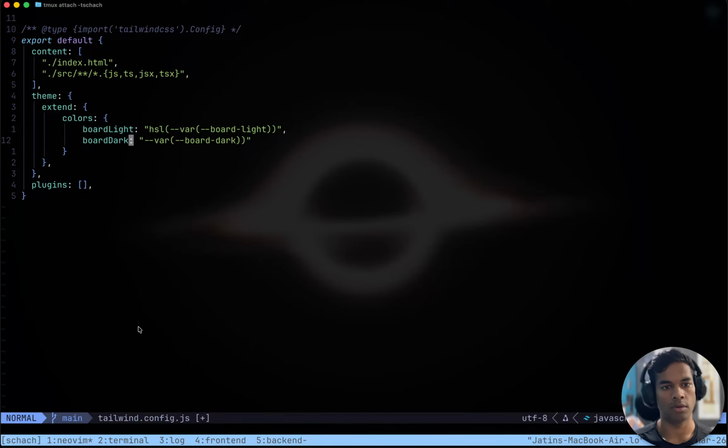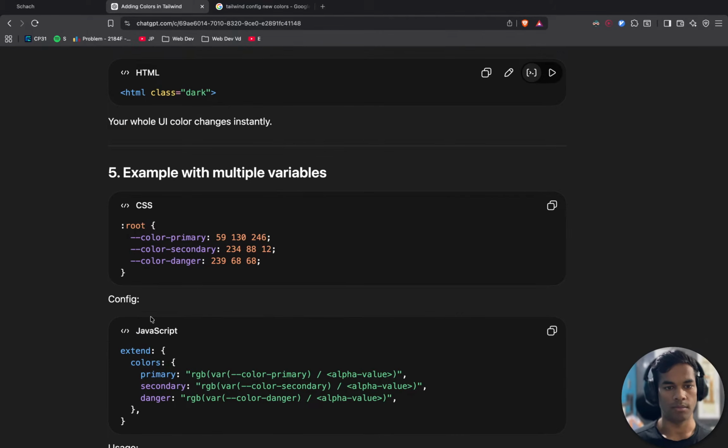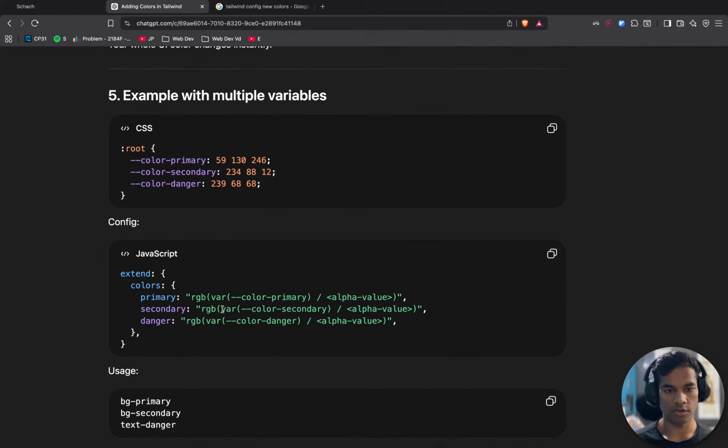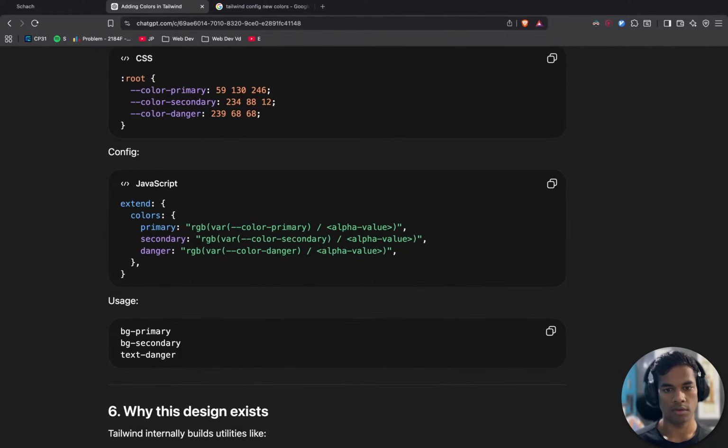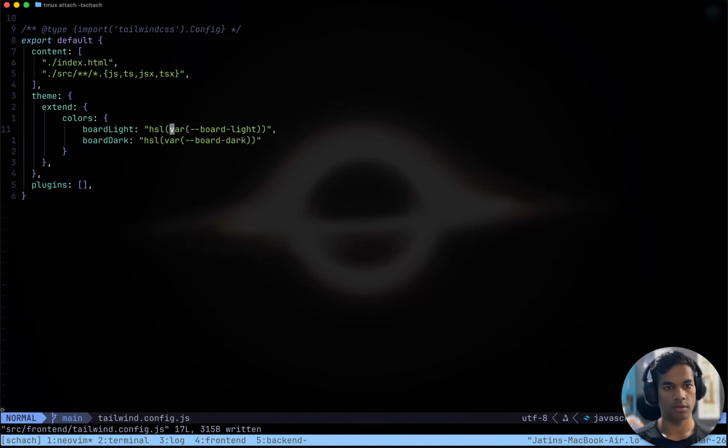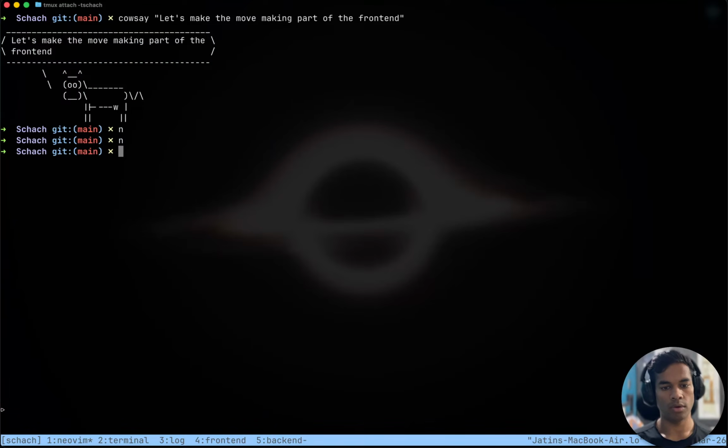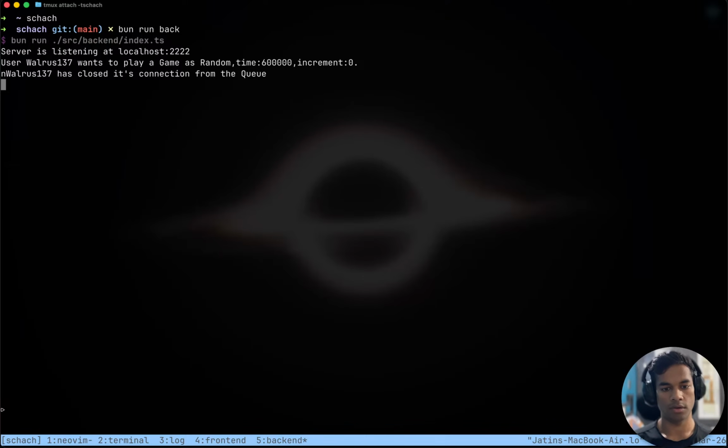Cool. HSL variable. Also, we don't use double hyphen where we just use var. Cool. I think that is cool. So use front end.